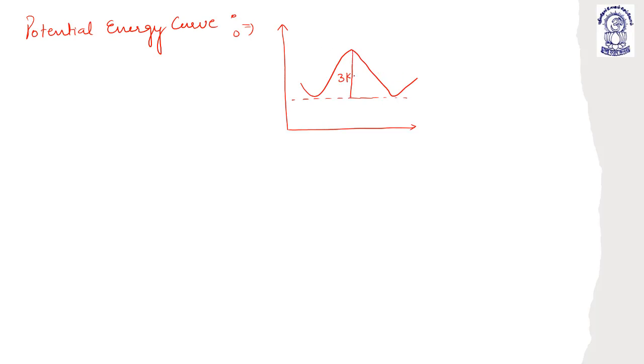This is 3 kilocalories. Potential energy versus rotation. 60 degrees, 120 degrees, 180 degrees. Staggered, eclipsed, again staggered. Okay,